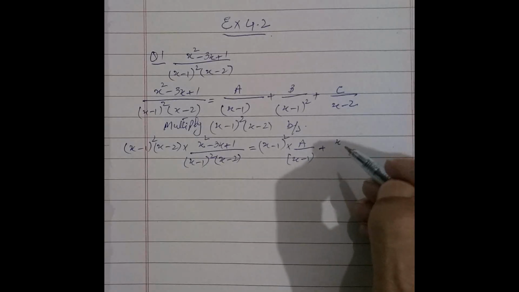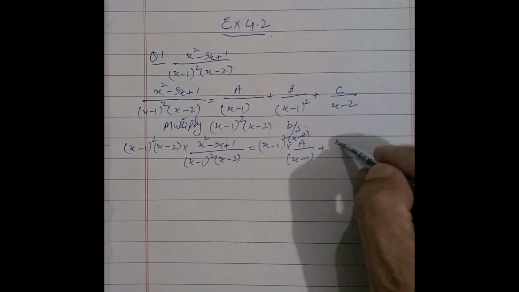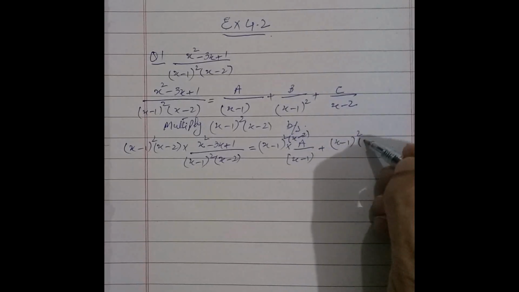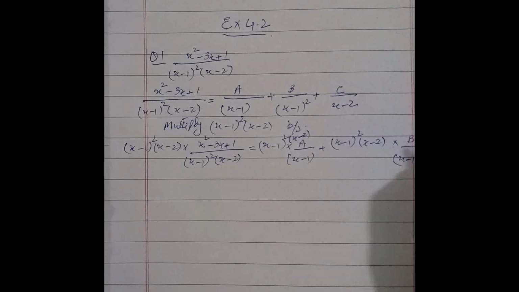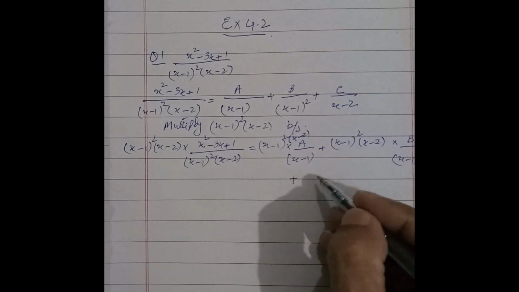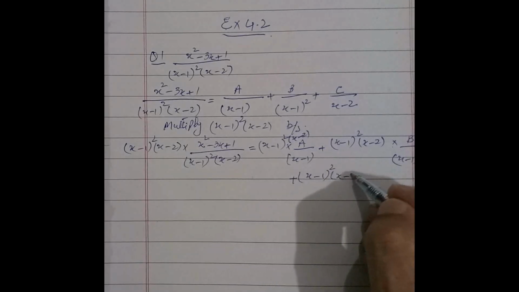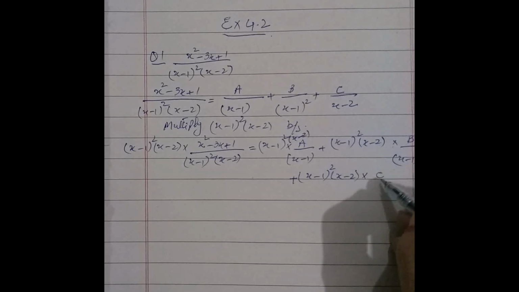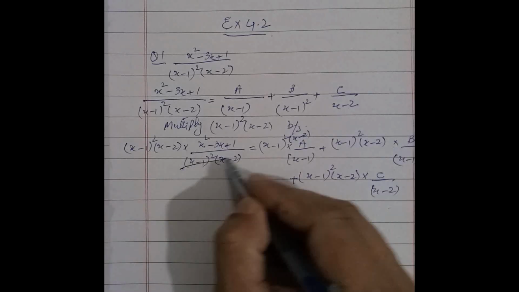plus, sorry, here we write again x minus 1 whole square into x minus 2 multiplied by b over x minus 1 whole square, and the next is x minus 1 whole square into x minus 2 multiplied by c over x minus 2. Now simplify these values, we get